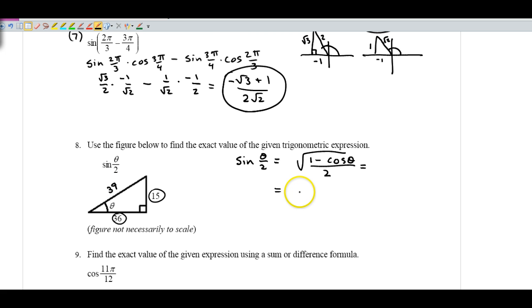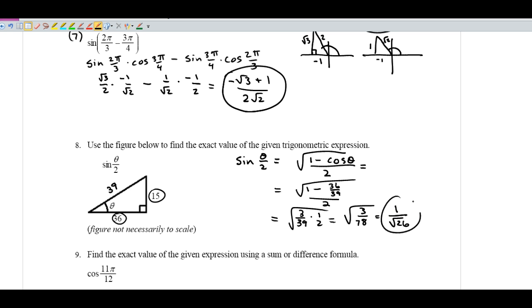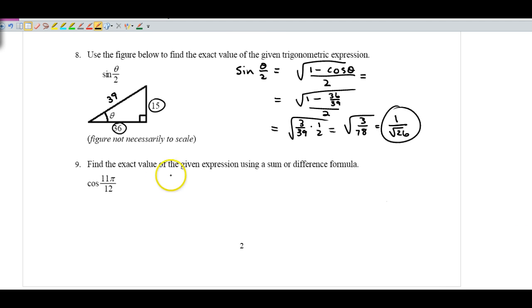So this is equal to the square root of 1 minus the cosine of theta, which is 36 over 39, and this is over 2. This is equal to the square root of 3 over 39 times 1/2, which is the square root of 3 over 78, which is equal to 1 over the square root of 26. And that's simplified. The cosine of 11 pi over 12 is equal to the cosine of